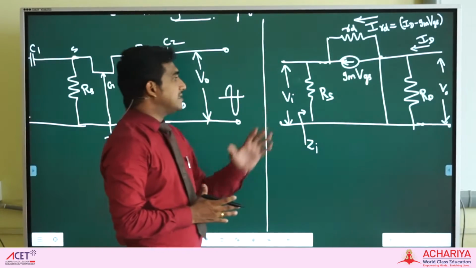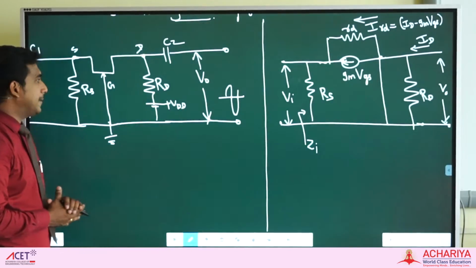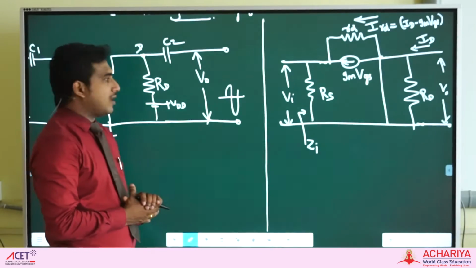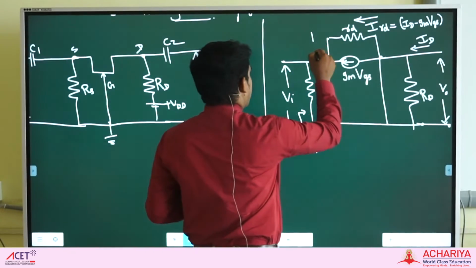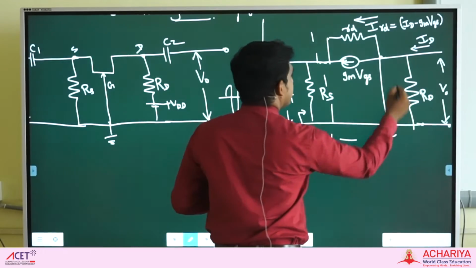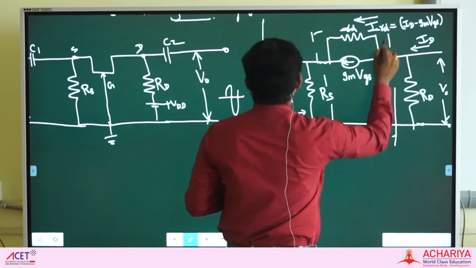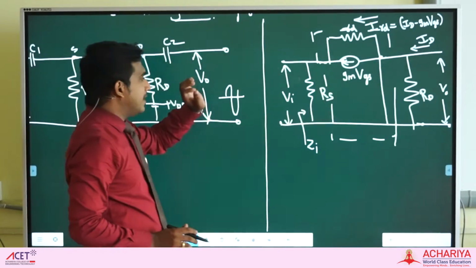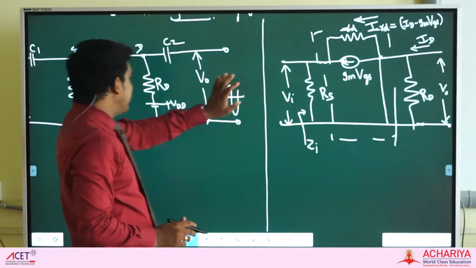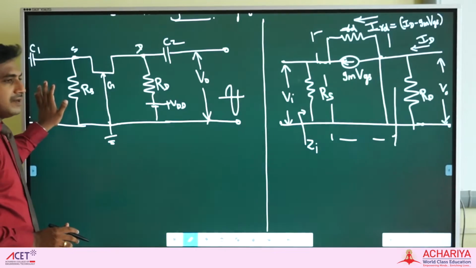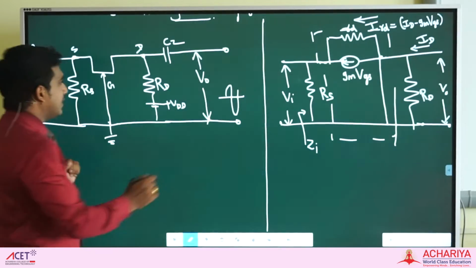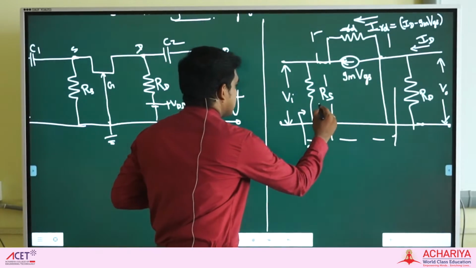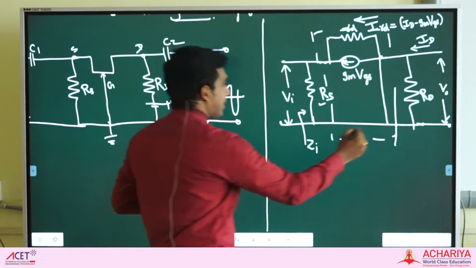Okay, this is the AC equivalent circuit of this circuit diagram. We know the hybrid model of FET. This is the hybrid model of FET. We are just replacing this field effect transistor with its hybrid model. The remaining circuit components we are drawing from the same basic amplifier circuit. Here on the input side we have the RS resistance. On the output side we also have the RD resistance.